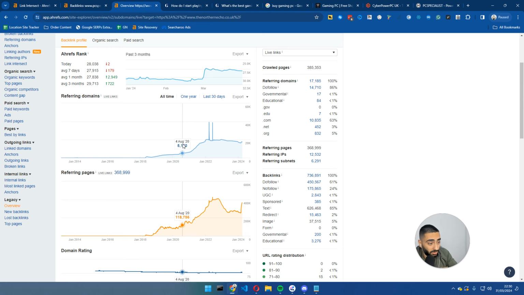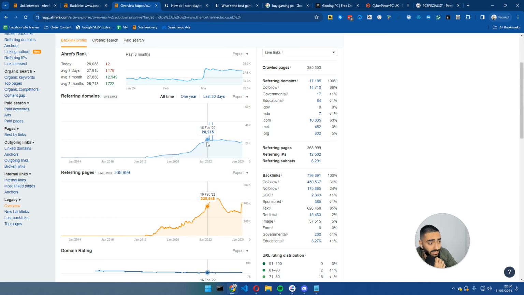Now, if we take a look here, it's been fairly stagnant, so that's a good thing. One thing we don't want to be seeing is a massive, huge drop in referring domains. If, say, for example, they started off in 2018 with 69 referring domains, fast forward to 2024, they're at 16,000 referring domains. So overall, they're massively gaining year on year. Now, again, if you were to take a look at this from a 1 year example, from a 2 year example, 2022 to 2024,